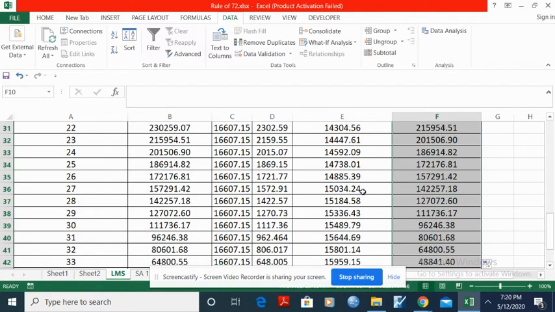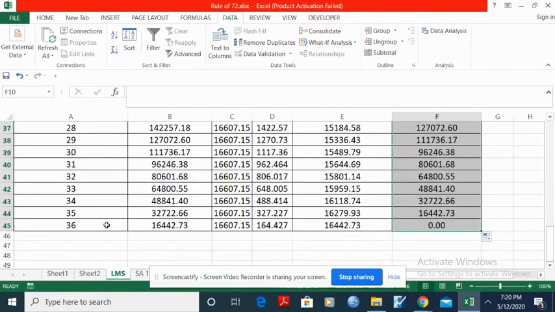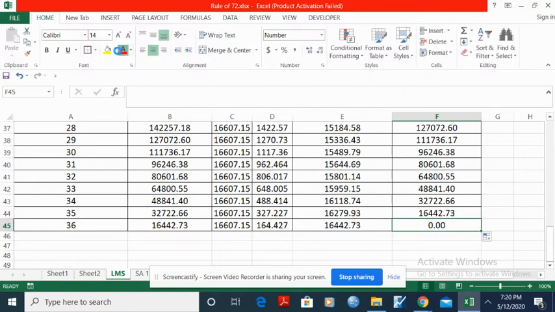How do you confirm whether the prepared amortization schedule is right or wrong? At the end of the 36 months, the remaining balance is exactly equal to 0. It clearly shows that whatever calculations you made are exactly correct.